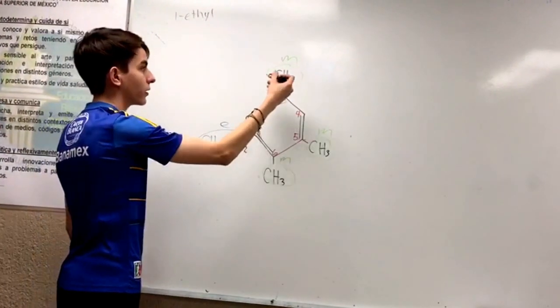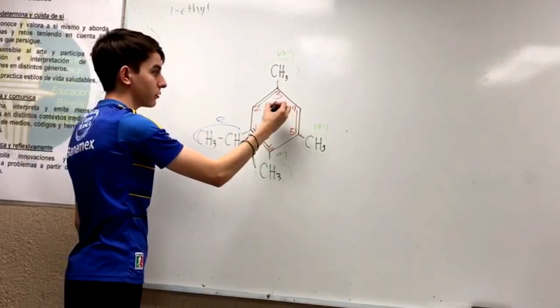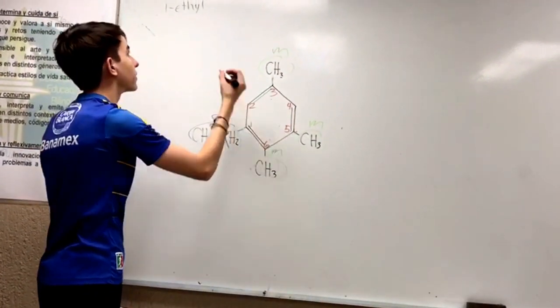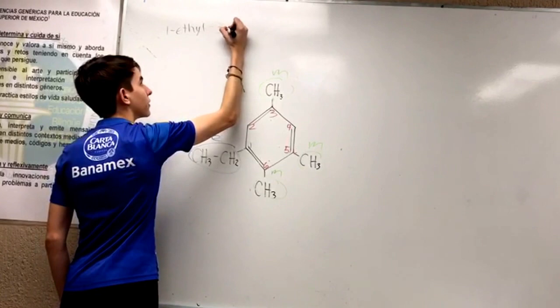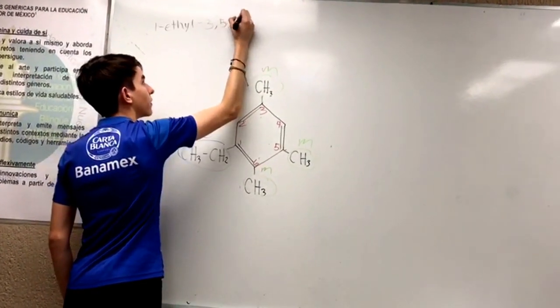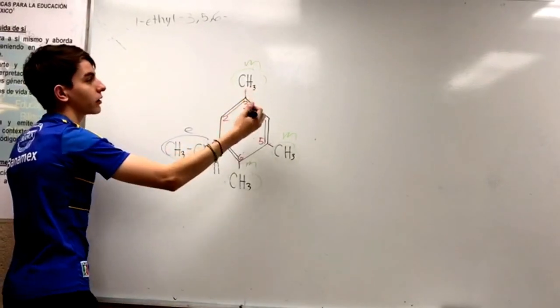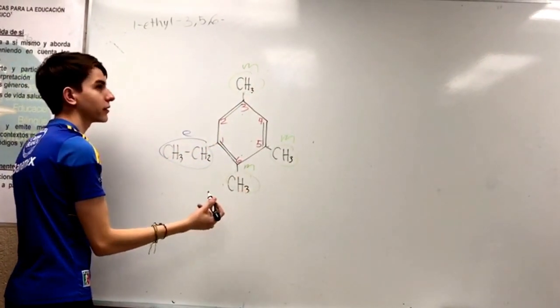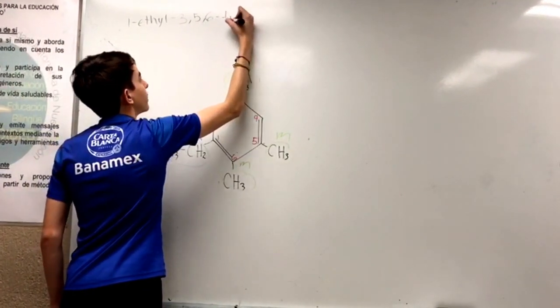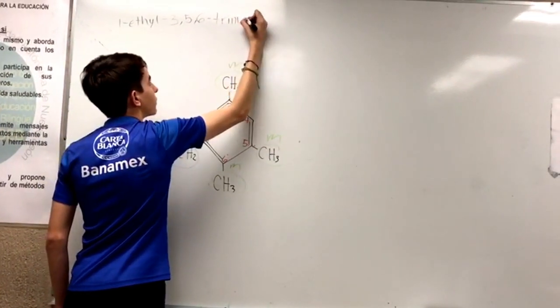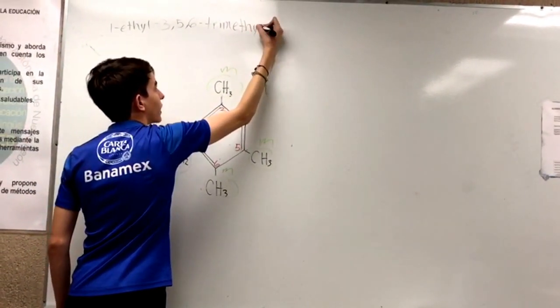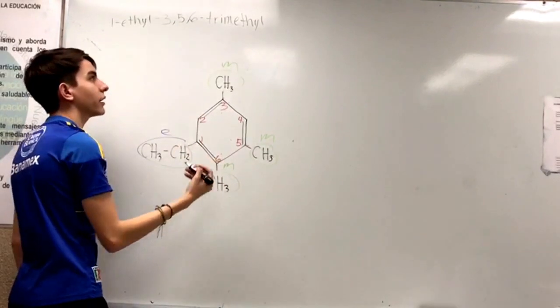Now we're going to focus on the methyls. They are in positions 3, 5, and 6. And since they are 3, we're going to put the prefix tri, methyl. And since it is an aromatic, we finish